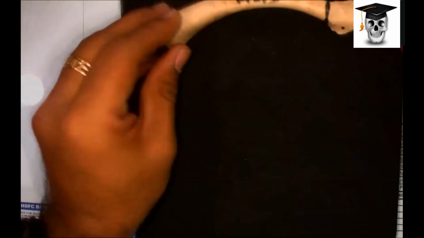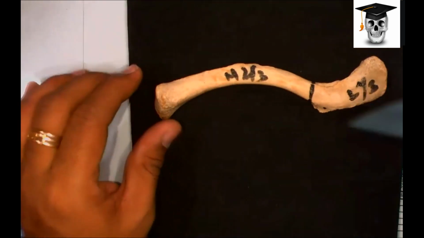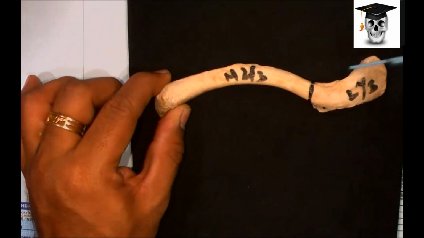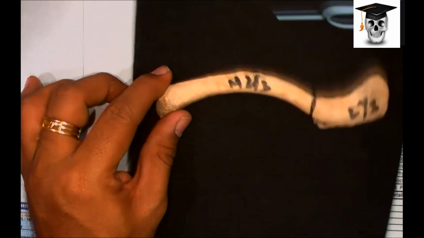So I am not saying superiorly it is convex. I am saying anteriorly it is convex. Right? So how do you know anteriorly it is convex? Because at the same time posteriorly you will get the concavity. Do you have exactly that concavity posteriorly? Then you see here. This entire portion is convex. This is concave. So this part is your anterior. This is anterior.